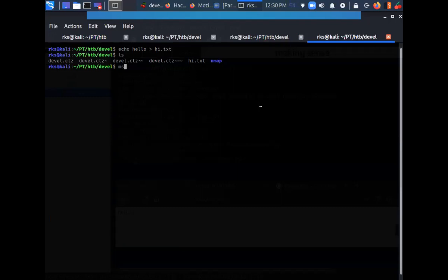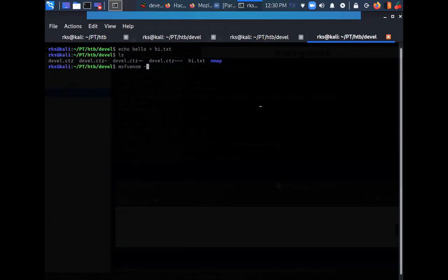So how to create that? Let's do msfvenom. Have you used msfvenom before? No. So basically msfvenom is a command line utility for creating payloads on the go, and it creates a whole variety of payloads.